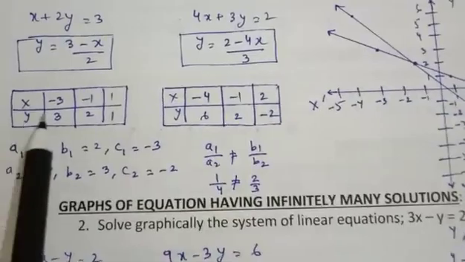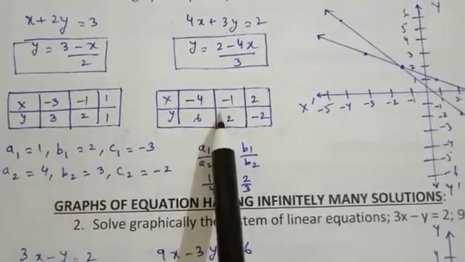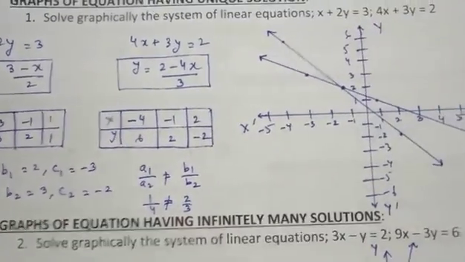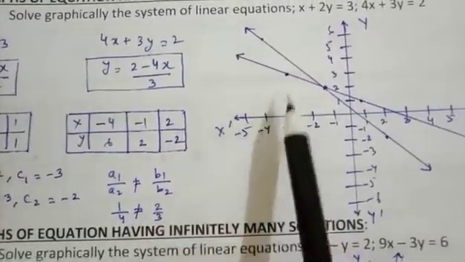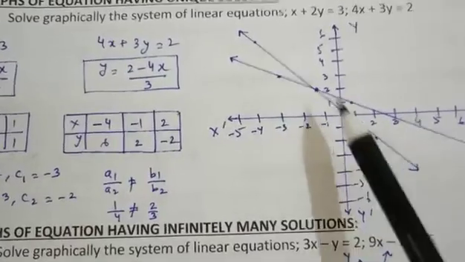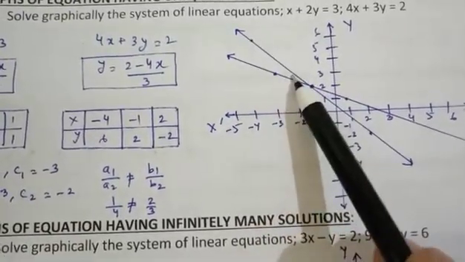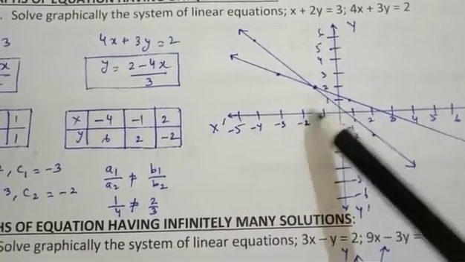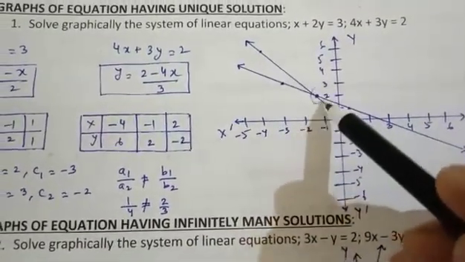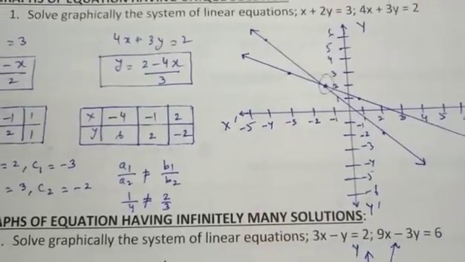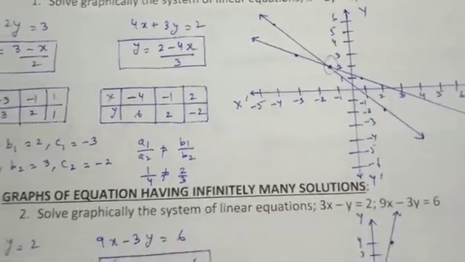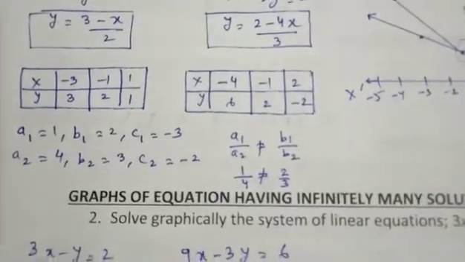Now with the help of these two tables, we are going to plot the graph of the given equations. When we draw the graph of the two equations, the graph will be of this nature, that is, they will intersect each other at a point. The point where they intersect will be known as the solution of the given pair of linear equations.